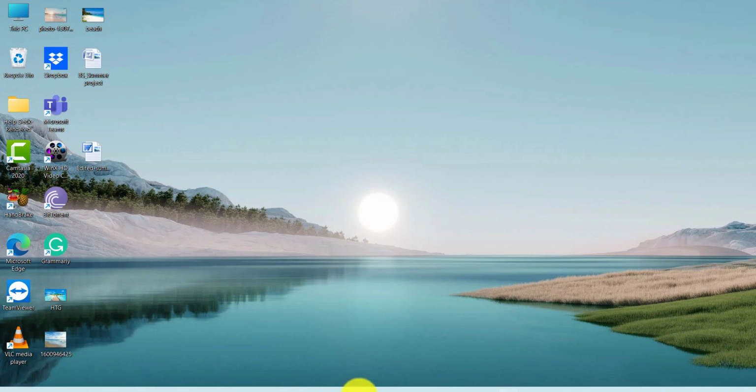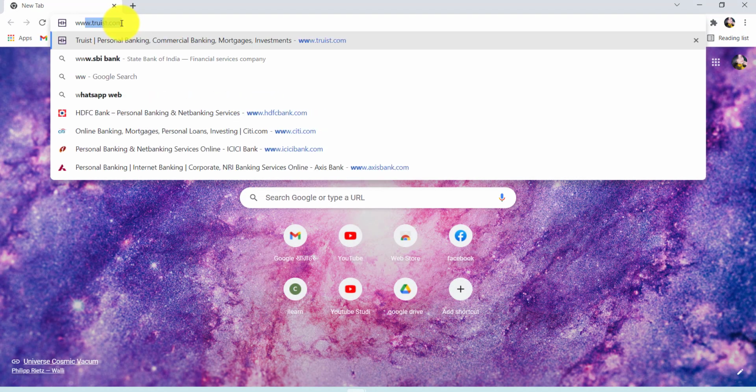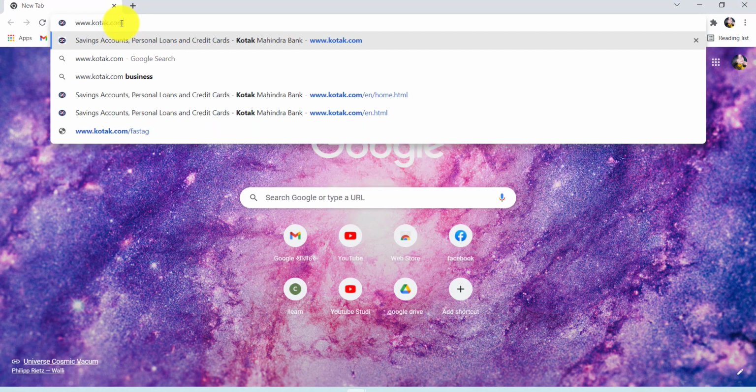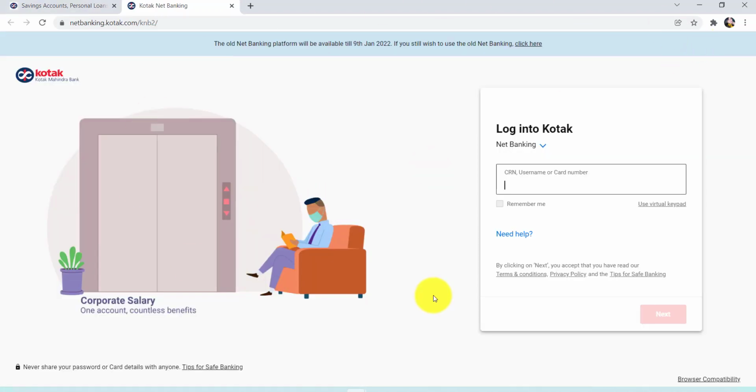First of all, go to the web browser of your choice, and in the address bar type www.kotak.com and hit enter. You'll then be redirected to the official website of Kotak Mahindra Bank. Now click on the login option at the top right, and after that you'll be able to see this page